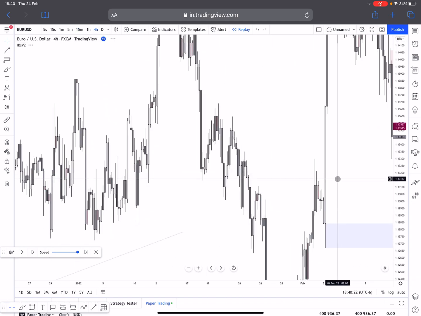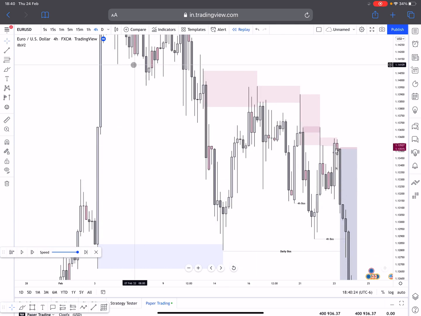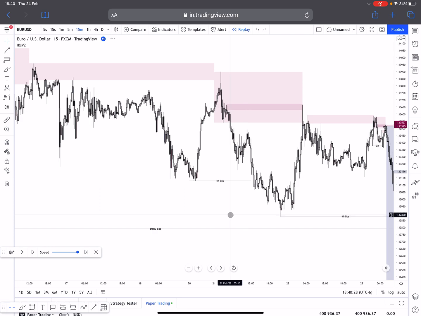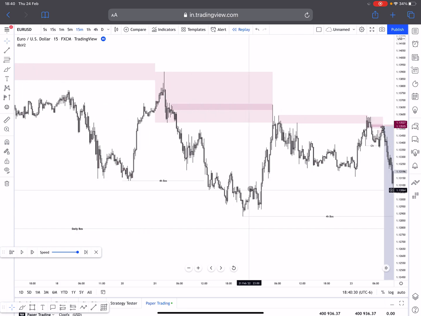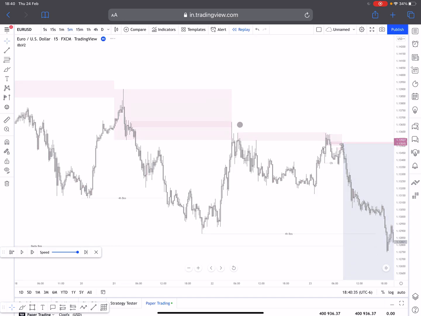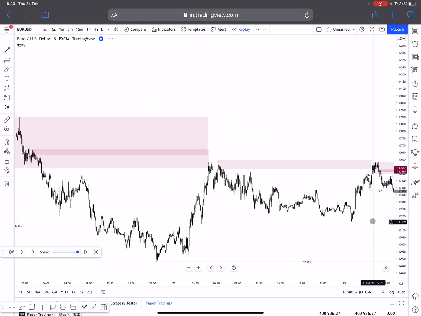But yeah, just basic rules. Make your multi-time frame analysis from the 4 hour. Search for a POI within that. If you're concentrating on the 4 hour, make sure that you have a 15-minute chalk like this, and then you go down on time frames to 5 minutes to refine that.